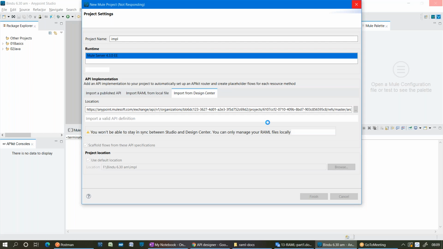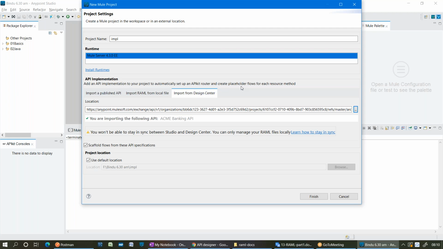Whatever you design in your YAML file, we have designed methods and resources, right? For every method and resource combination, one flow will get generated automatically in your Studio. That is nothing but your placeholder, right?